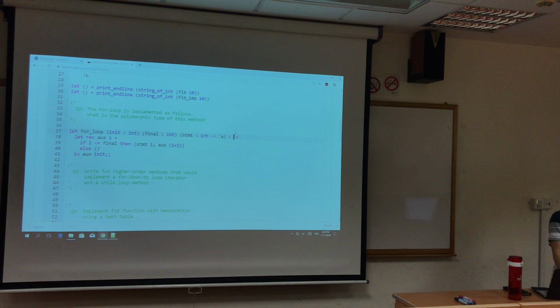Looking at the body of for loop, where does the final result come from? The bracket, some statement. Yeah, then